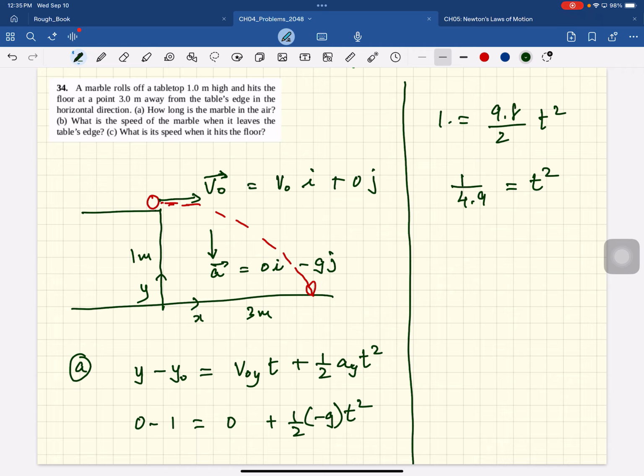I'm sorry? Because you're doing 0 minus 1 equals that, so shouldn't that be a negative 1? Yeah, this was negative, this was negative. Sure. Yeah. So t equals